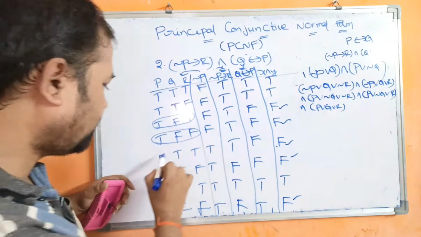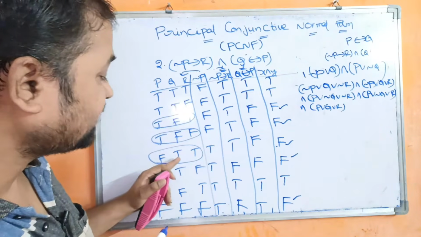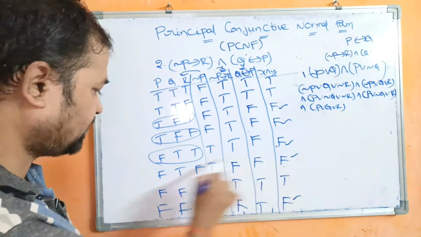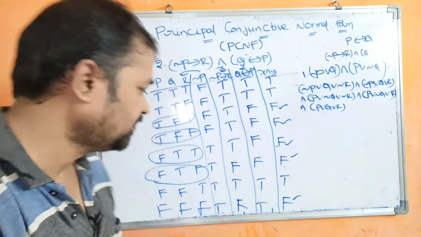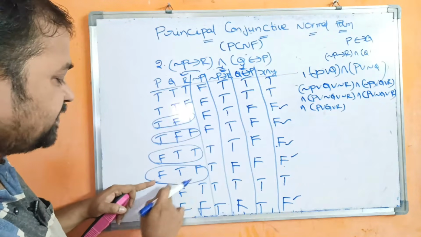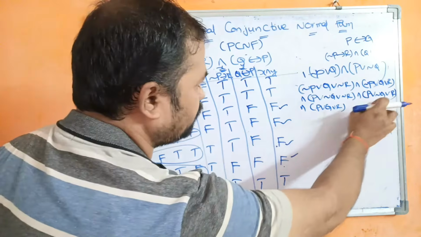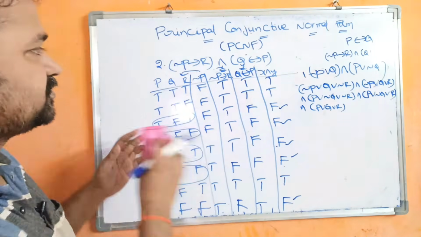This is the third combination. False true true will be changed to true false false. So P negation Q negation R. So P negation Q negation R. So fourth false is this combination. So we have to focus only on the false one. Okay. Next, false true false means they will be changed to true false true. True false true. So true false true. Okay. All falses will be changed to all truths. Okay. So this is the solution.